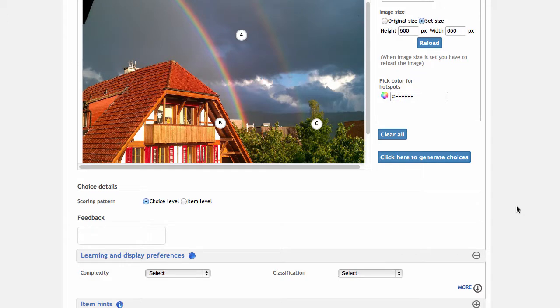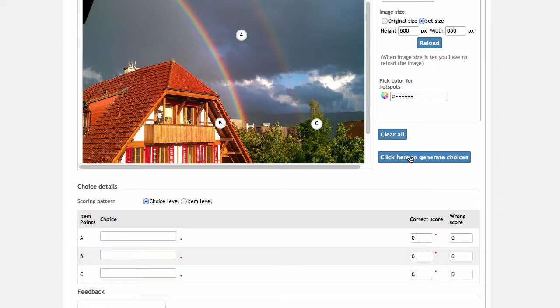Once you have all the points you want placed on the image, click the button that says Click here to generate choices. You will see a list generated below your image with spaces to input the correct labels for each point on your image. Under Choice Details, you can also choose to award points for each correctly placed label in the item